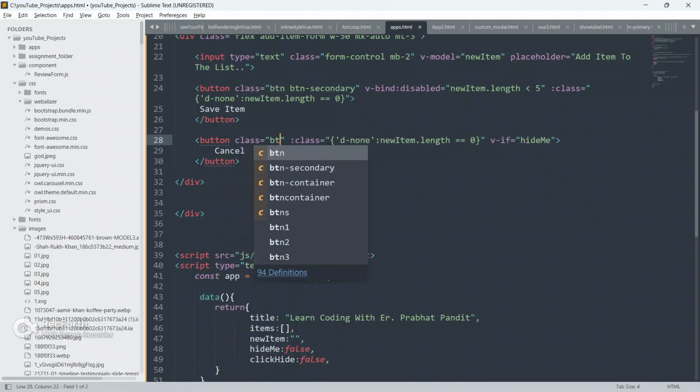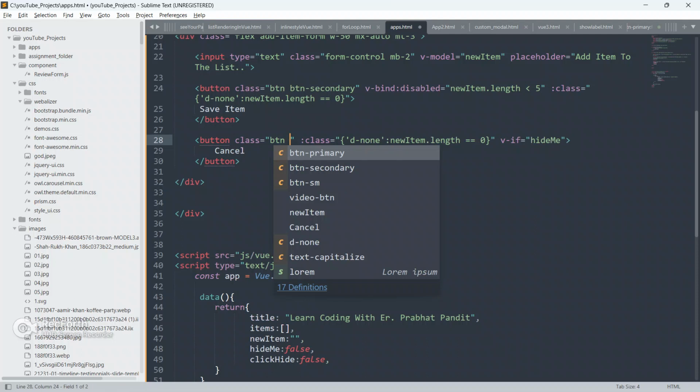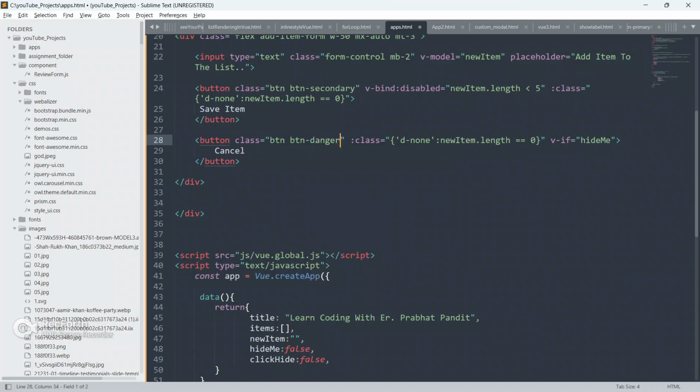And now I am gonna put class also here, extra class btn btn-danger and ml-3, margin left 3.